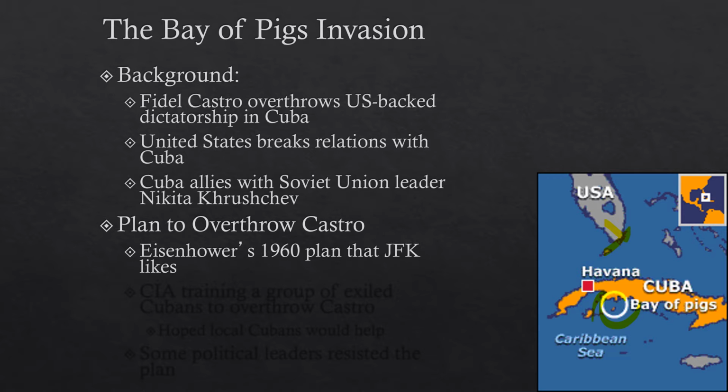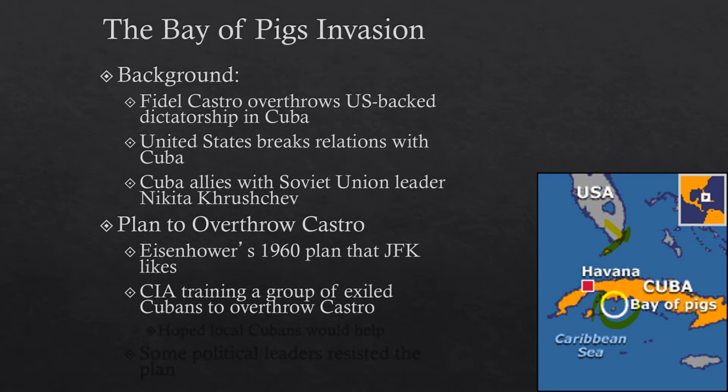And so what this plan entailed was the new CIA, or Central Intelligence Agency, being in charge of orchestrating this plan to overthrow Castro. And the idea would be that they would train a group of Cubans who were already exiled by Castro. Exiled means kicked out of the country. These are people who already don't get along with Castro. The CIA would train these guys to